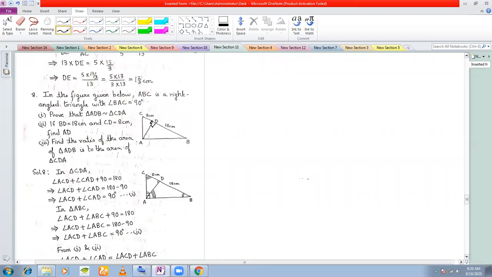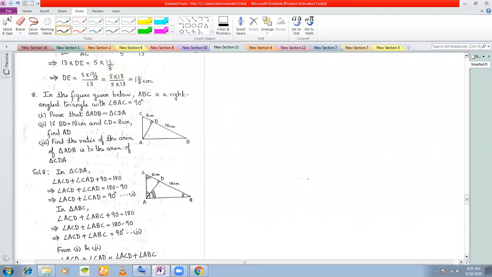So these two angles are equal, right? Now, no other angle is given to be equal. Can you see any other angle given to be equal? I can't see. There is no common angle between the two triangles and no other two angles are given to be equal. Okay. So we have to prove one of the angles to be equal. If no other angle is given to be equal, then we have to prove some other angle to be equal. So how do I proceed to prove?